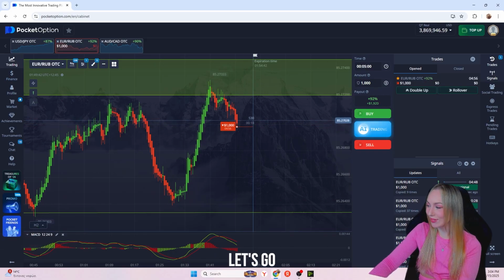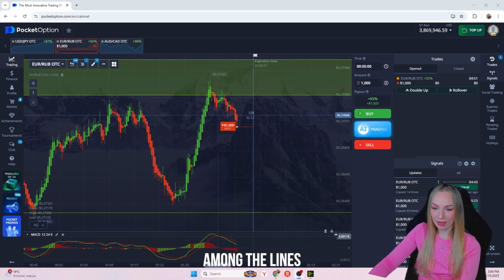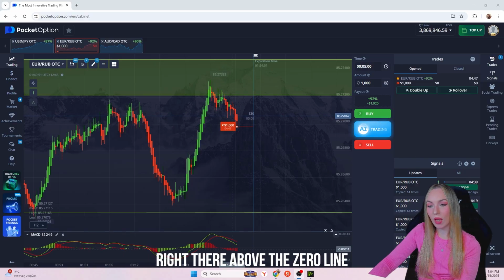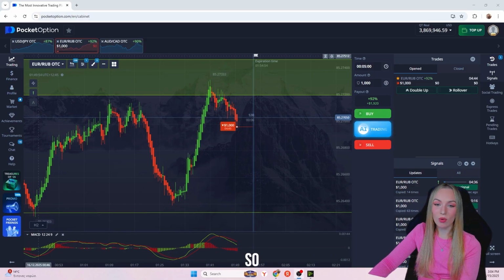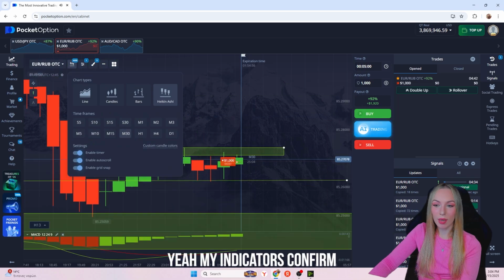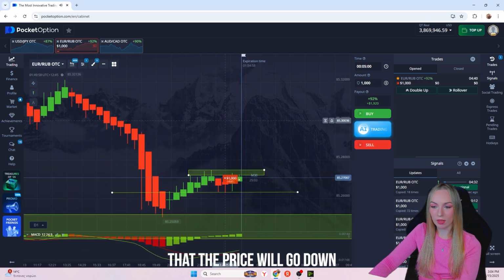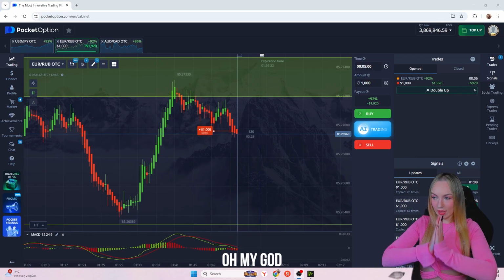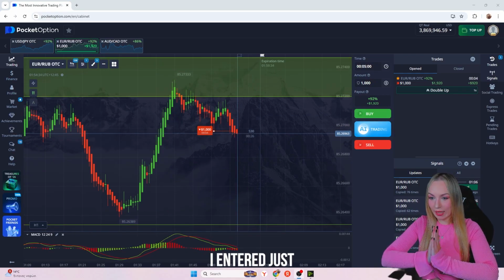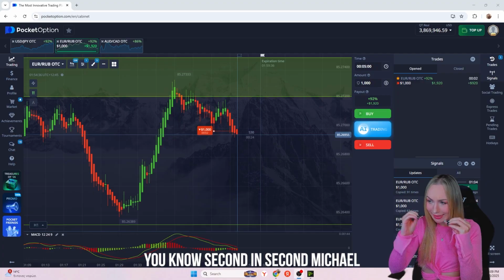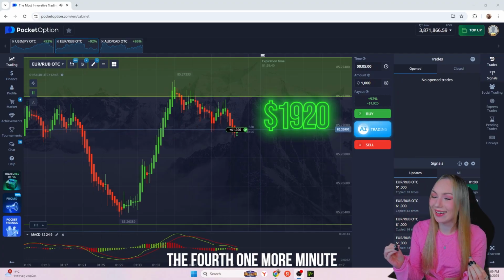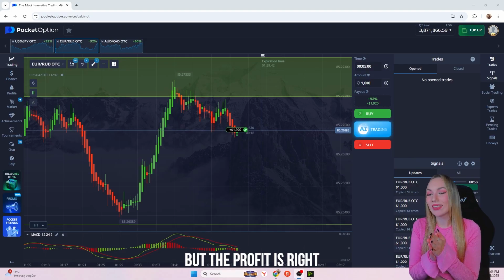Let's go. As usual, MACD lines crossed in the overbought zone right there above the 0 line. So yeah, my indicators confirm that the price will go down. Let's wait for it. Oh my god, the last seconds, and again I entered just, you know, second in second. Why couldn't I put 1 more minute? But the profit is right there,